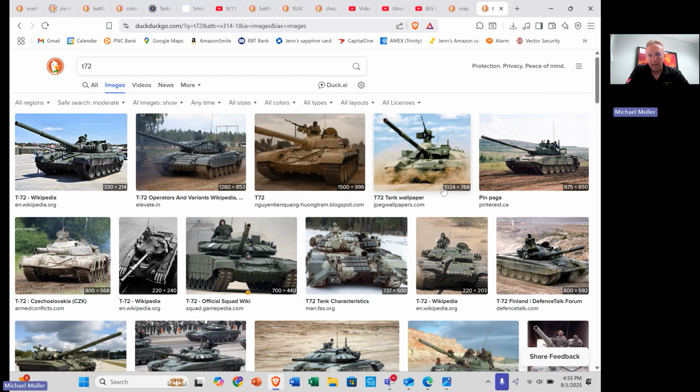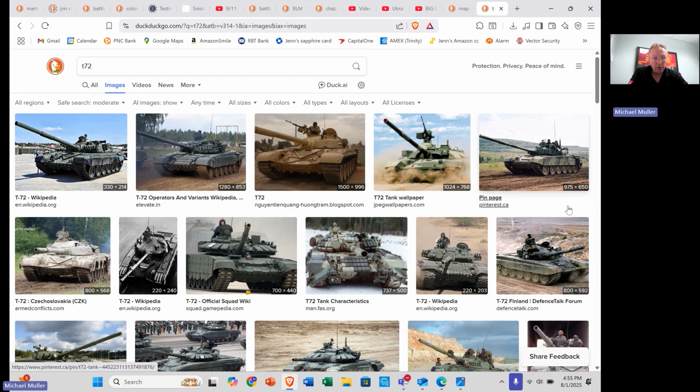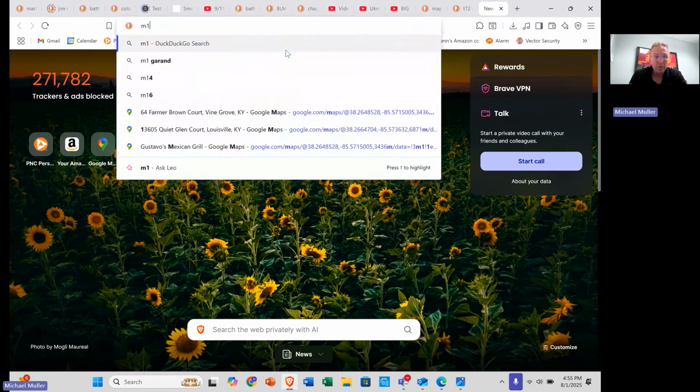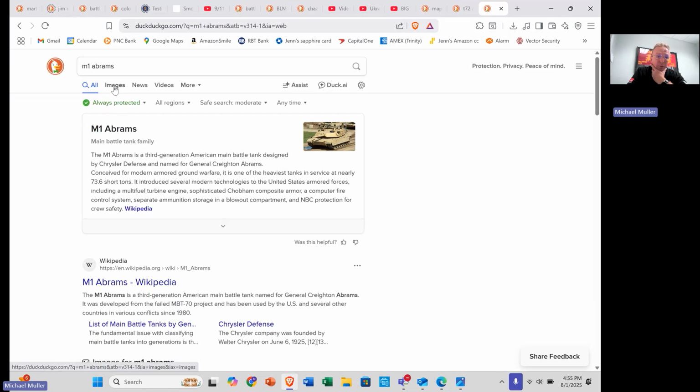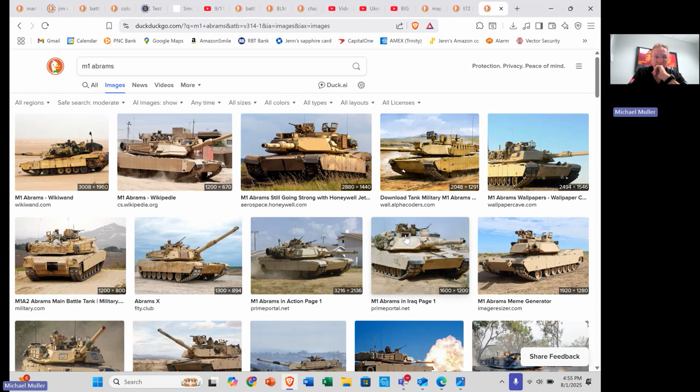was the mainstay tank of the Soviet Union. They exported this tank heavily. The T-72 was generally used by a number of third world nations, most heavily by Iraq. It was a very good tank, or thought to be the top tier tank of the time. It really was. And no one had actually ever tested it against what had just recently been fielded, the M1 Abrams. We had been using M60 tanks up to this time, and for a good portion of the war they had actually used M60s. But this tank, which is our modern tank now, the version that we have out now is like the M1A2 SEP version 3 or something like that.